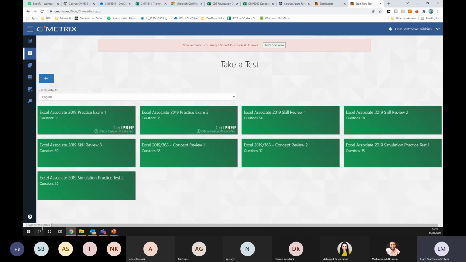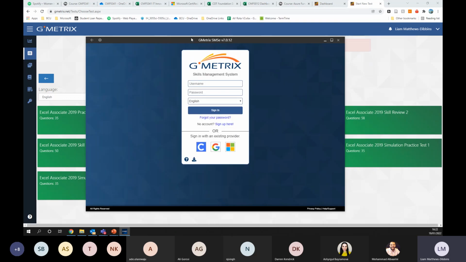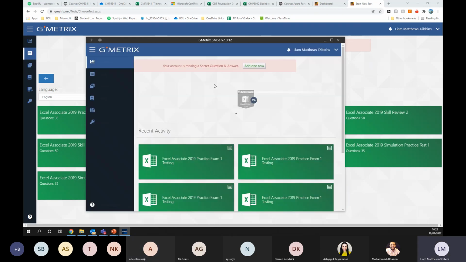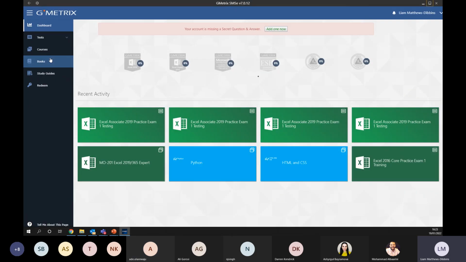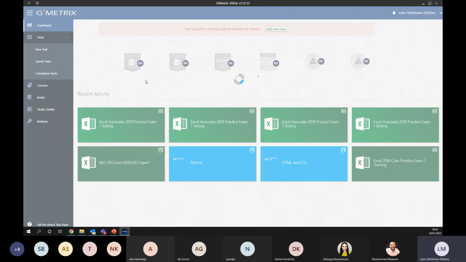Now, what I'm going to do is briefly switch to the desktop version to show you what it looks like and show you a bit of what the exam environment will look like as well. I'm hoping it will still allow me to share my screen and do this, and it won't lock me out, but we'll see how we get on. So I am going to log in, and you'll see I get the exact same screen, and I'm going to go into tests, new test,